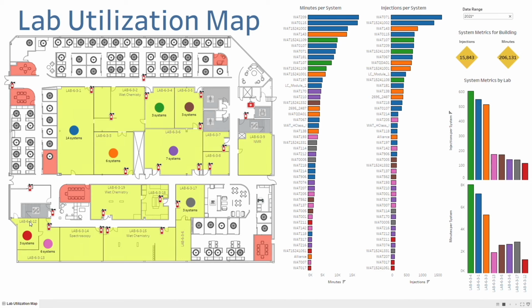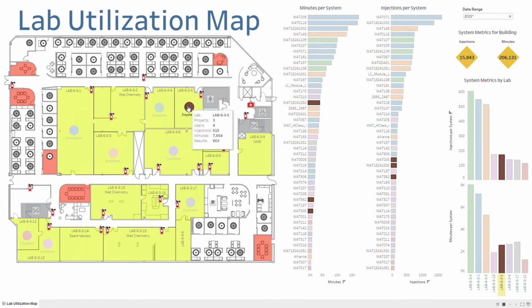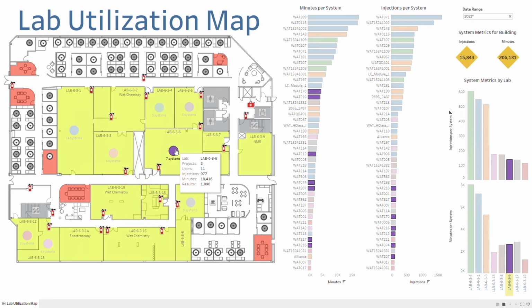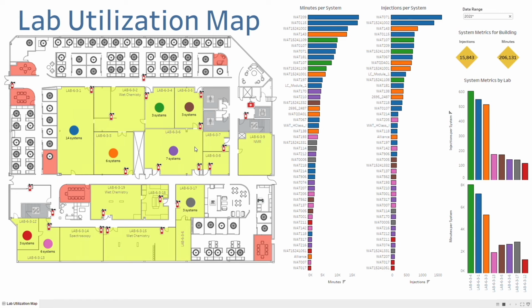The brown lab and the purple lab may offer another opportunity to improve efficiency. The purple lab, although physically close to the wet chemistry lab, has entrances that make accessing it inconvenient. It might be better to relocate the systems from the brown lab to the purple lab and repurpose the brown lab as another wet chemistry area.